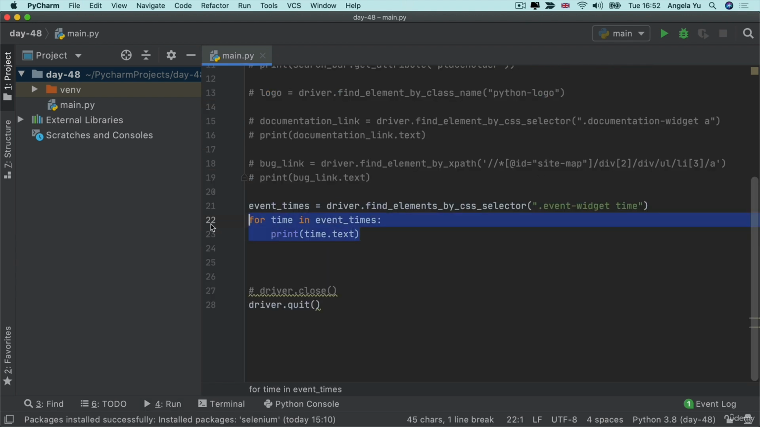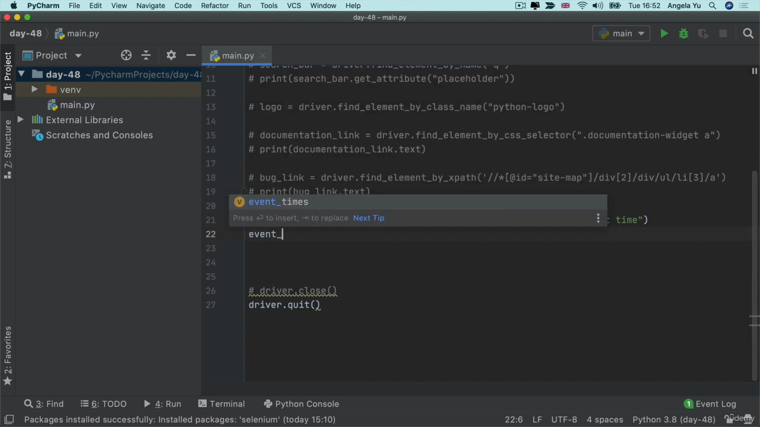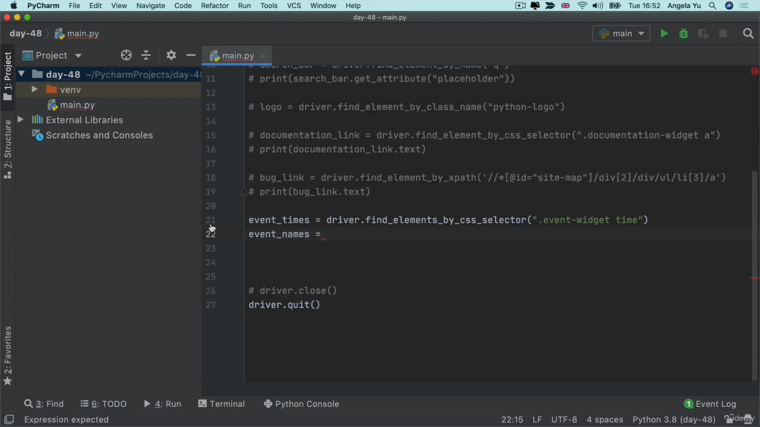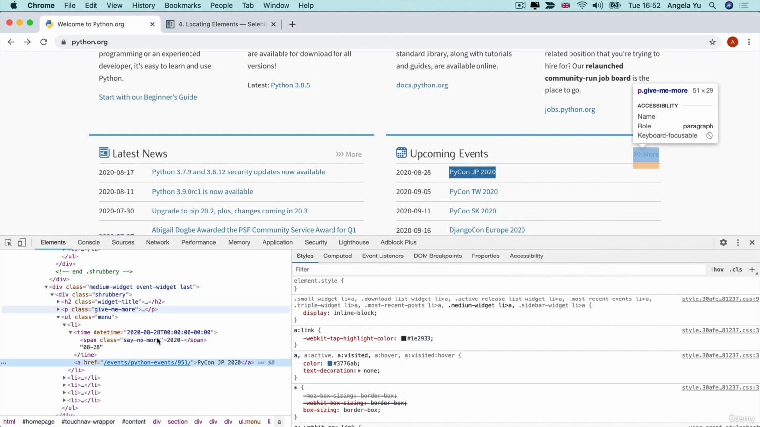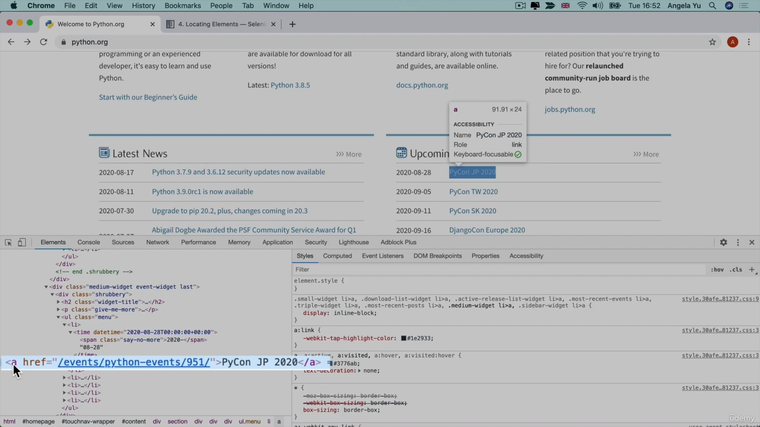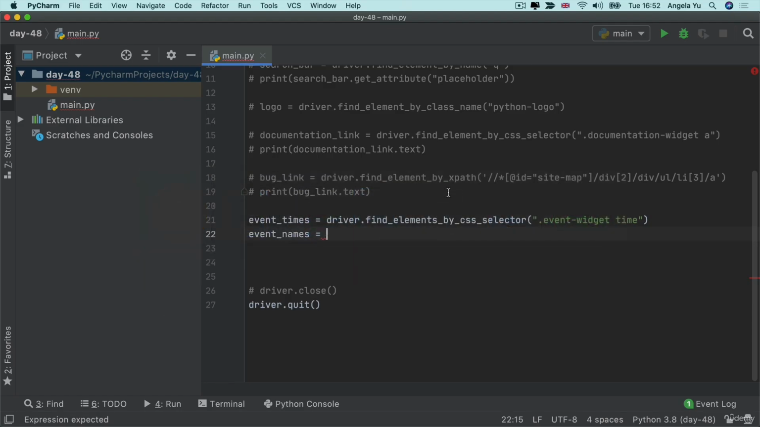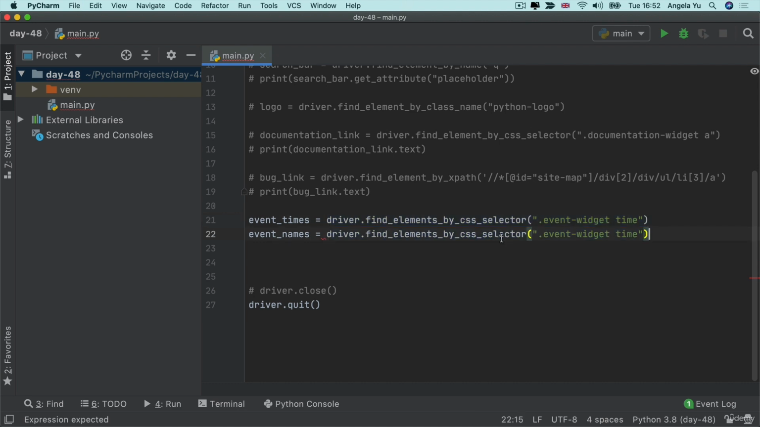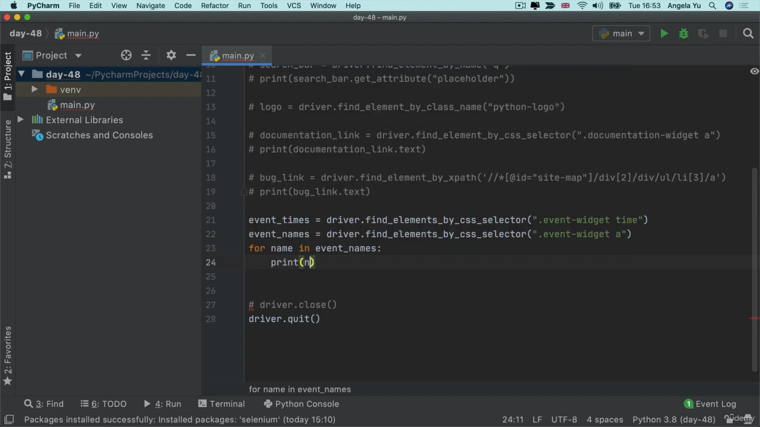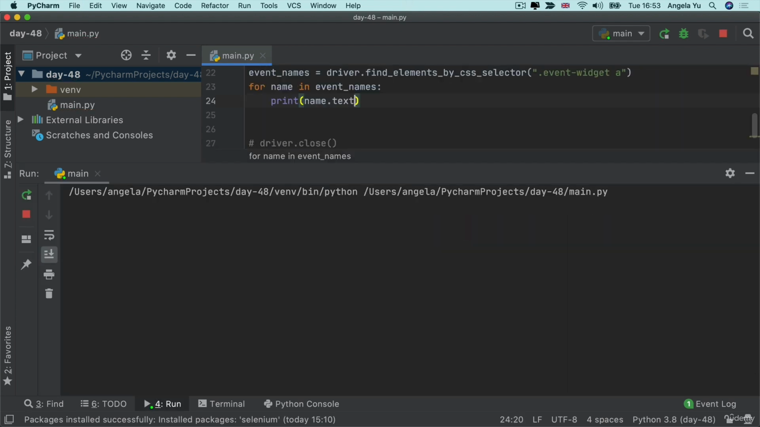Now, the next thing we need to do is to get hold of the event names. And we're going to use a similar method. So let's go ahead and inspect on the name. And you can see that this is now an anchor tag. Now, you might think that the solution will be just as simple as copying what we had before and replacing the time element with an anchor tag element. But you'll see as I write my for loop, for name in event names, print name.text,